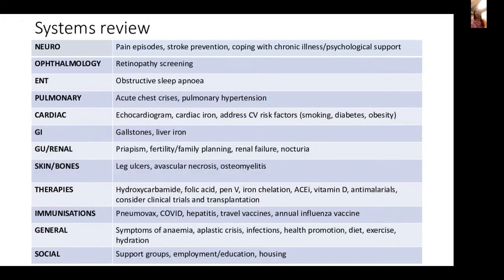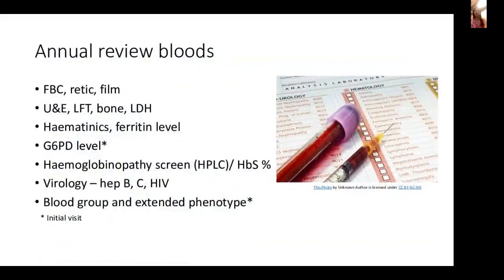And then with the annual review, we tend to send the following bloods. So full blood count, we take a film, if not always the film, but initially at the initial visit we do a film, your biochemistries, hematinics and ferritin. At the initial visit, so that's if a patient hasn't been seen in a sickle cell centre or a child,